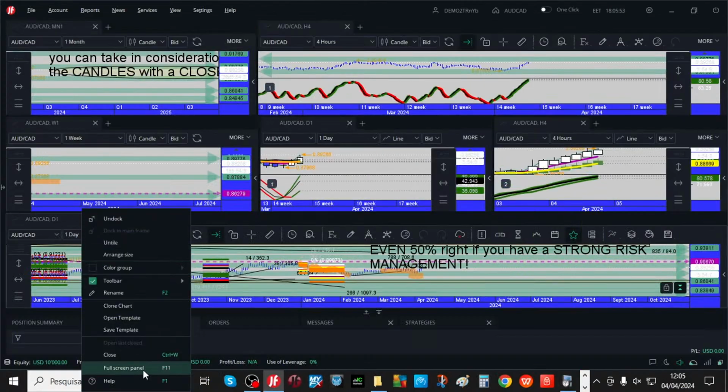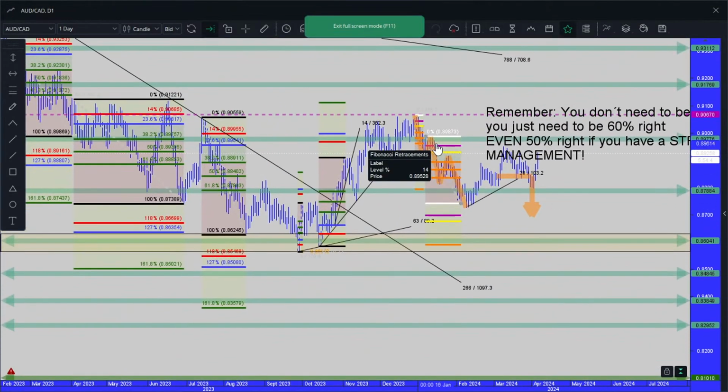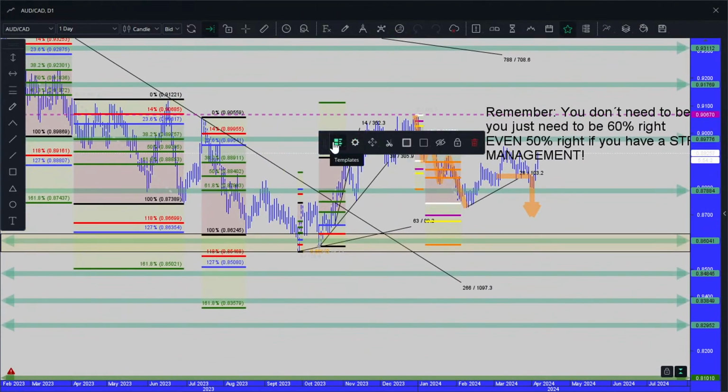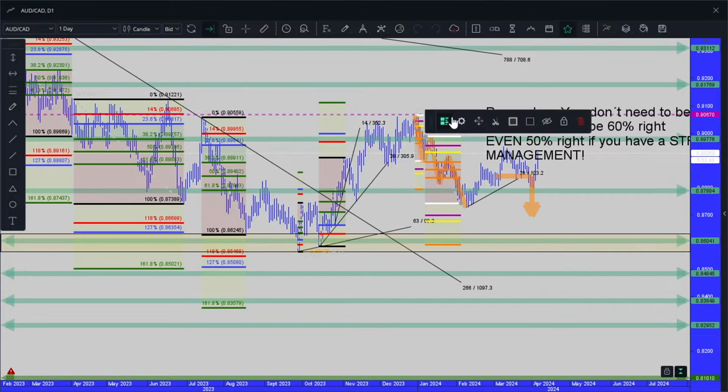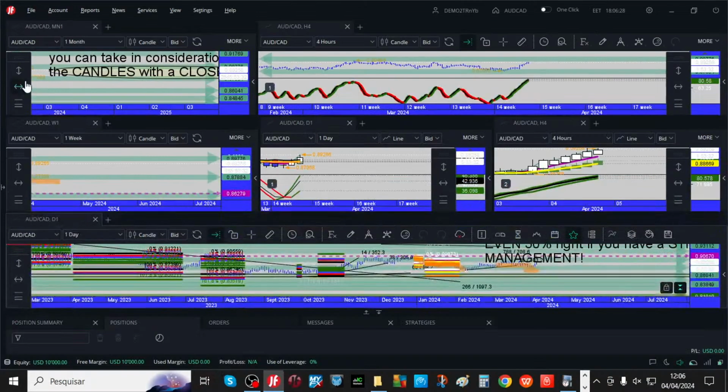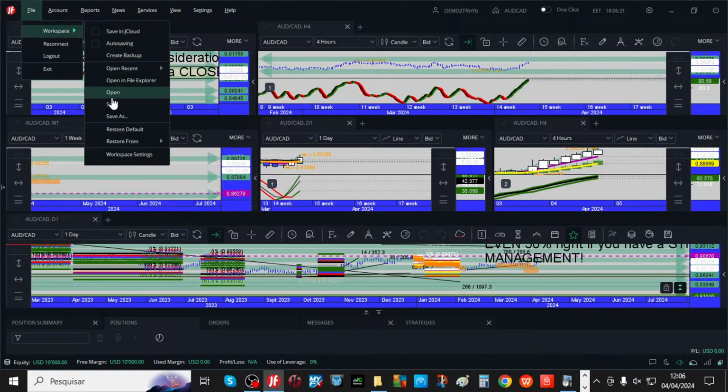So now let's see, this is the Fibonacci and templates, save as. Alright, original Fibo, saved, and clicking here and save as contra Fibo. Alright, so not everything is lost, but right click doesn't work, so F11, file, open,